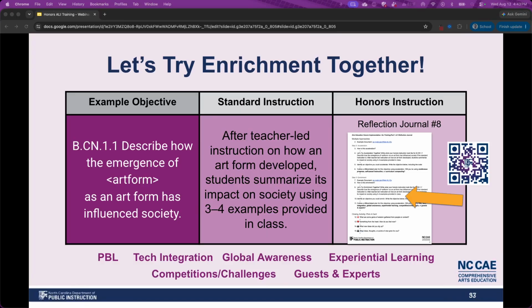Love that idea. Not just the work, but then the analysis of the complexity. That's great. I am, oh yeah, toss up between tech integration and PBL, but global awareness is also a good one, right? Yeah, it might be interesting to examine how that art form affects different locations differently or is heralded differently. Lord knows the United States views dance very differently than a lot of other cultures and countries across the